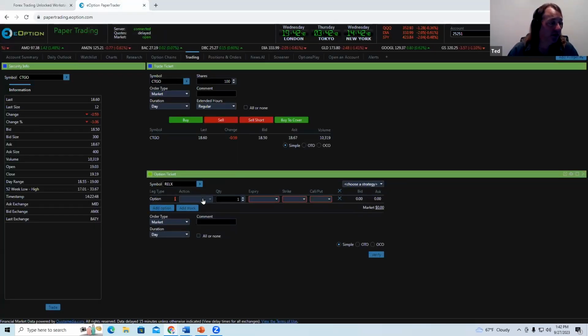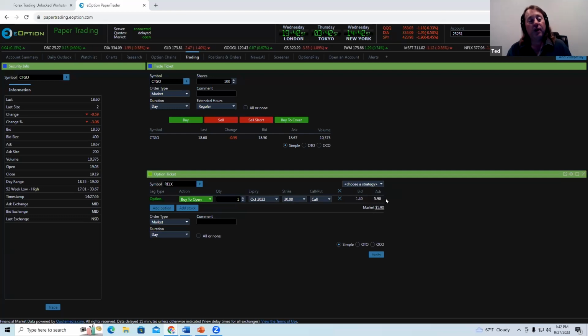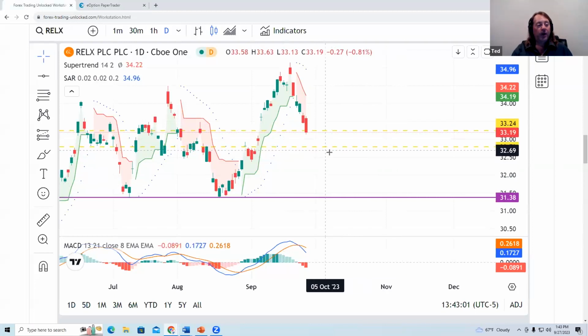Let's see what the, okay, there is a $30. Okay, so there's a big, yeah, see, there's a lot of volatility. Now, here's something you have to watch also. So the bid and the ask on this option is $1.40 at $5.90. That is a very wide spread. So when it comes to buying a call in this situation, you're paying a very, very big premium. Okay, if the spread was only 50 cents or even at max $1, probably wouldn't be such a bad option